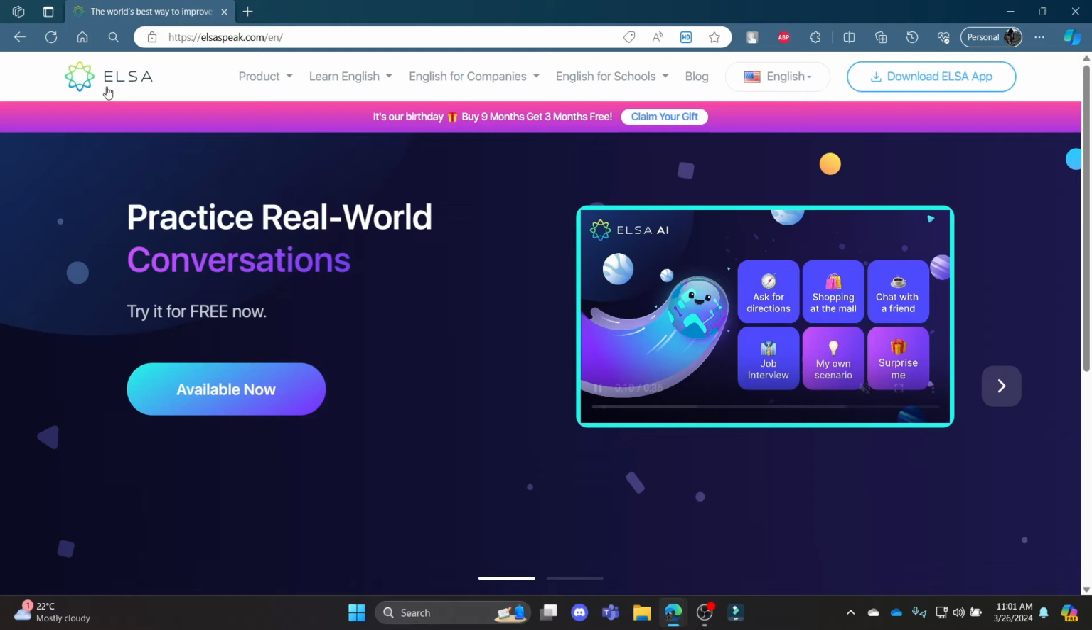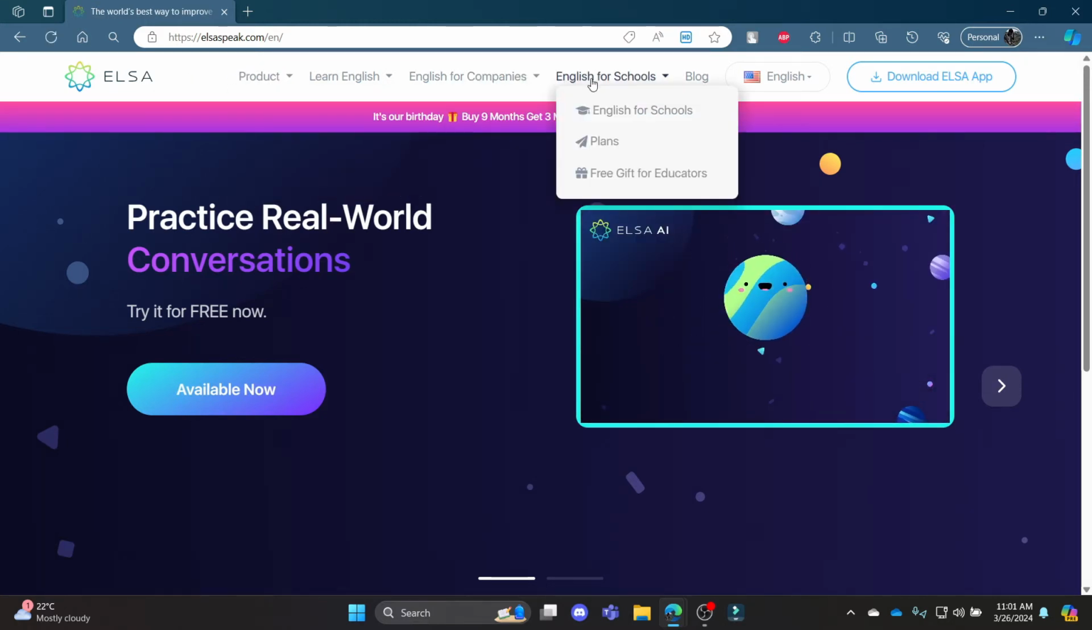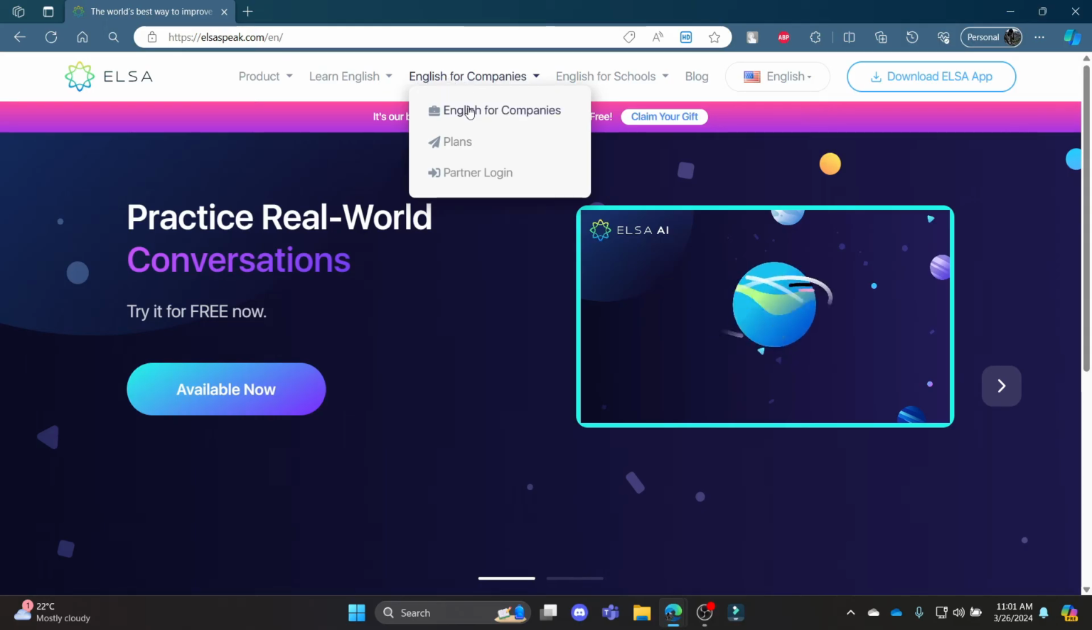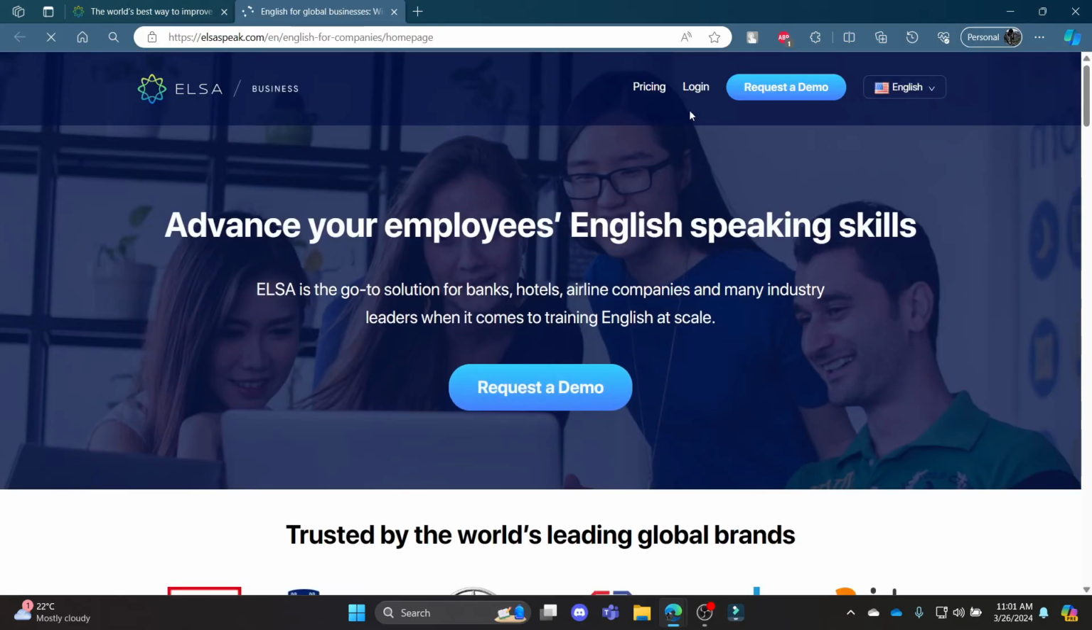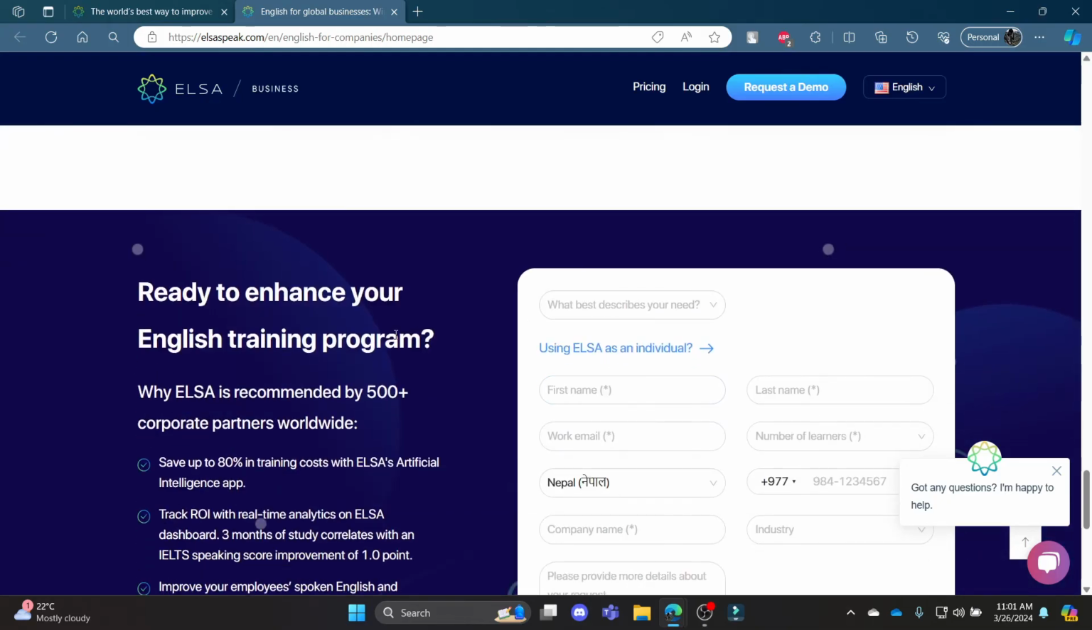Let me show it to you once again. What you need to do is go to Elsa Speak and click on English for schools or English for companies. Now you can see that there is a request a demo in the middle of the screen and over here too. So tap on it and it will lead you to this section